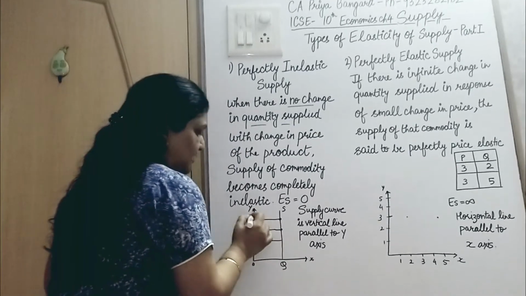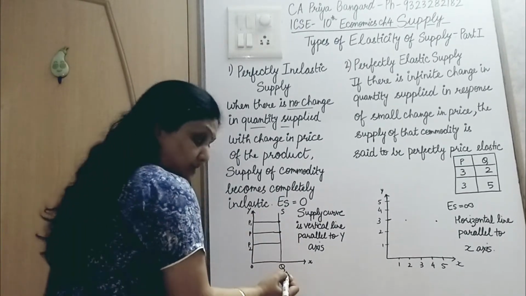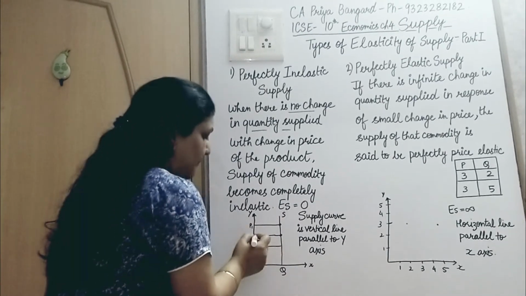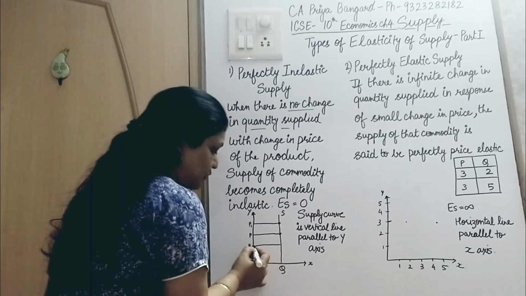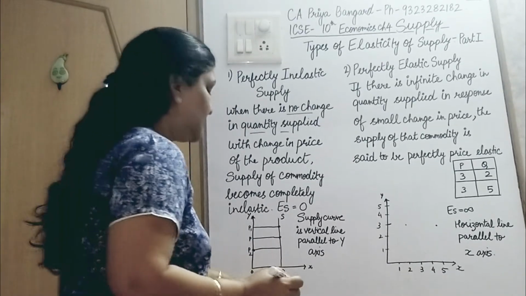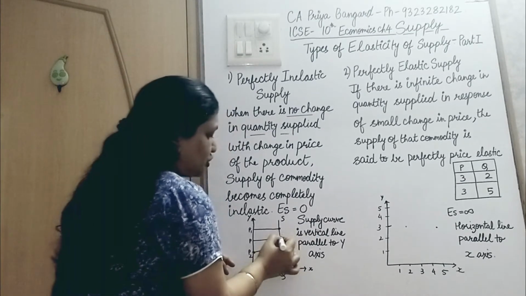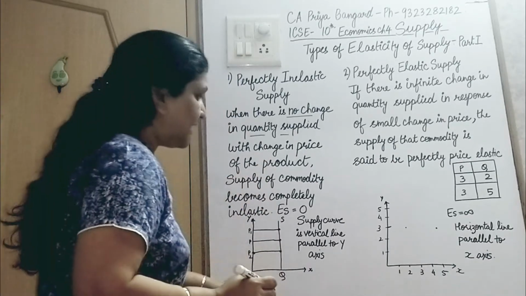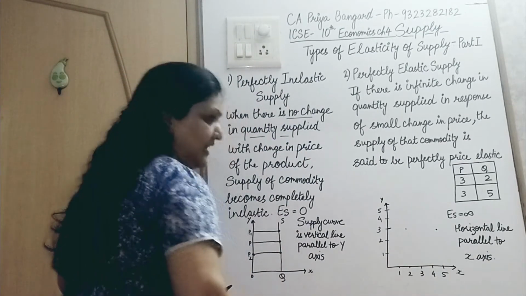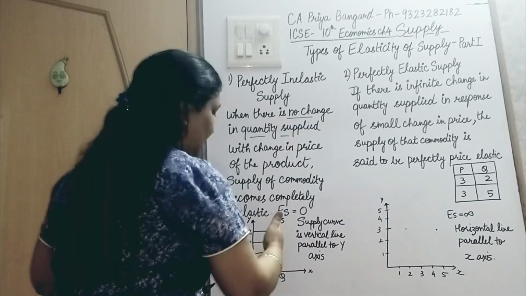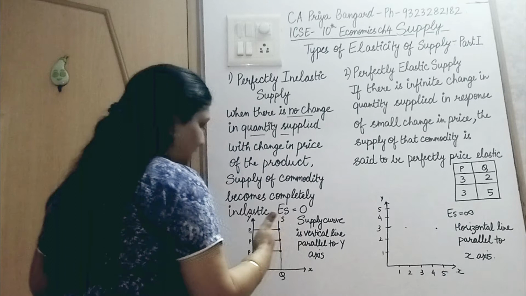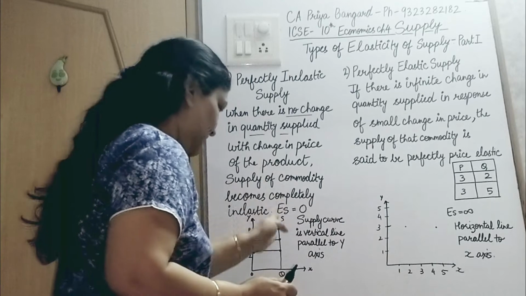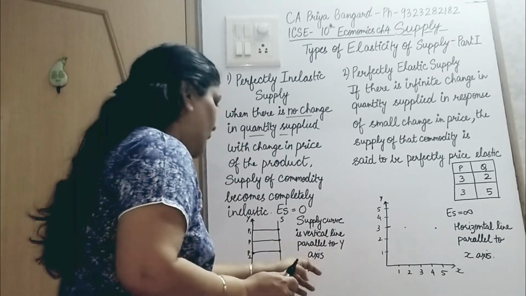So when price increased from P to P1, as a supplier or manufacturer, you are again supplying the same amount of quantity. When price decreased from P to P2, again you are supplying the same amount of quantity. So when you join these 3 points, you get a straight line, that is a vertical line. A standing straight line is called a vertical line, and this vertical line is parallel to y-axis. Supply curve is a vertical line. This is a vertical line parallel to y-axis,